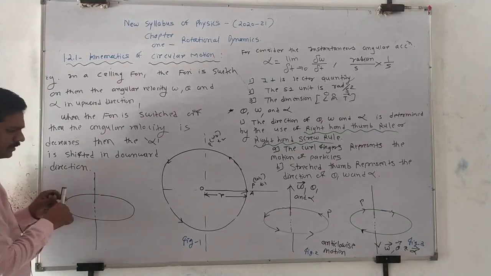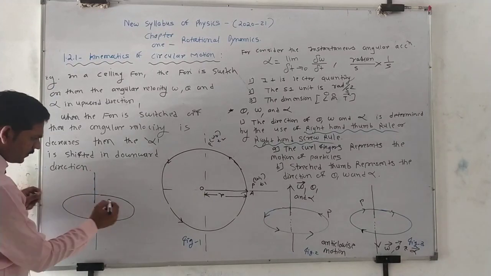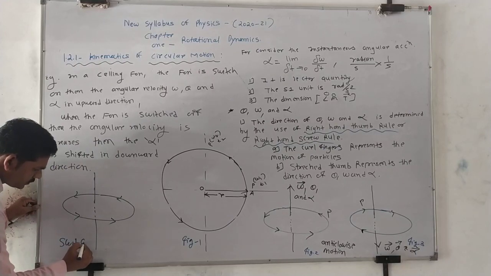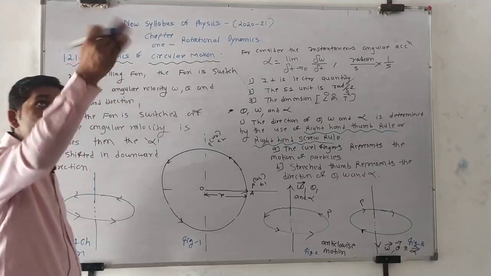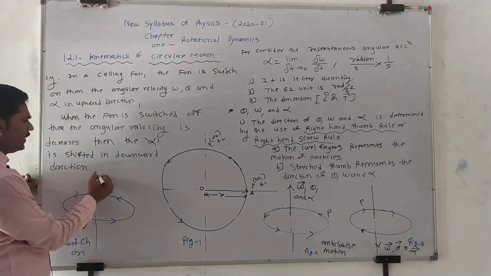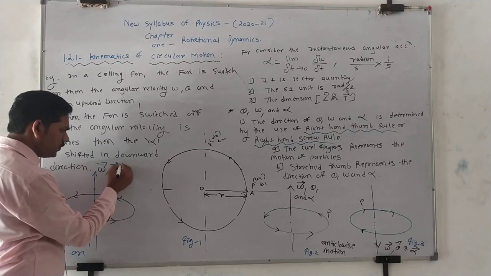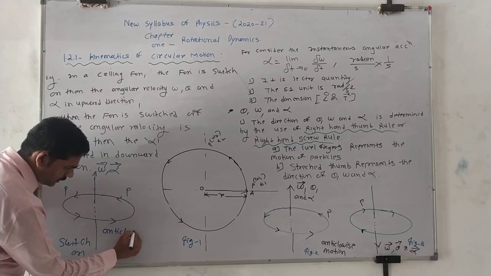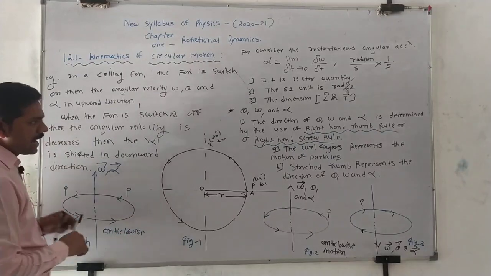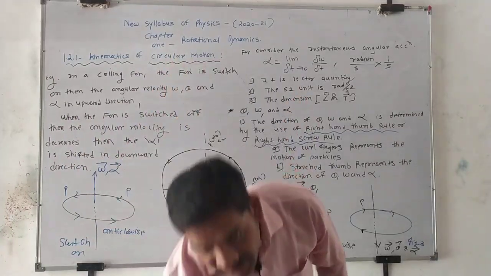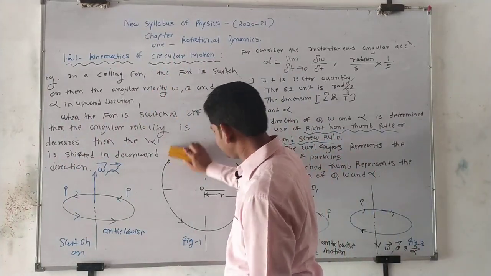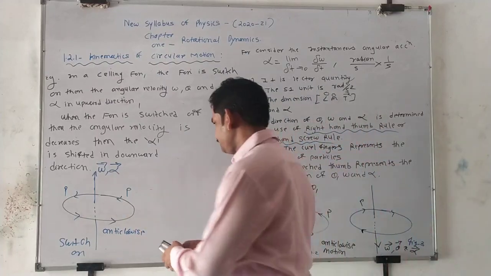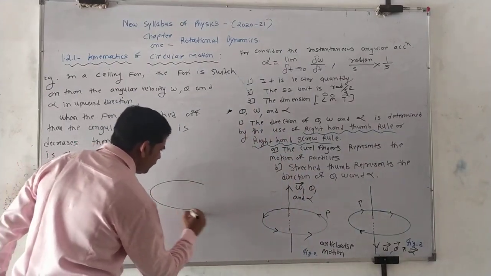So the particle rotates in which direction? Right, anti-clockwise every time. Suppose this is the switch-on. The fan is switched on. The speed increases. So where is the omega? Upward direction. Alpha is also in the upward direction. Particle motion is anti-clockwise. But as soon as we retard the fan, switch off the fan, what is the condition there? How does the figure change? The figure is changed like that, boys.